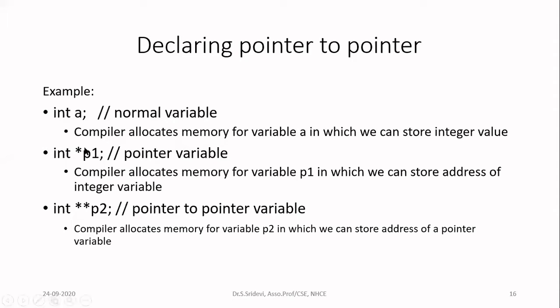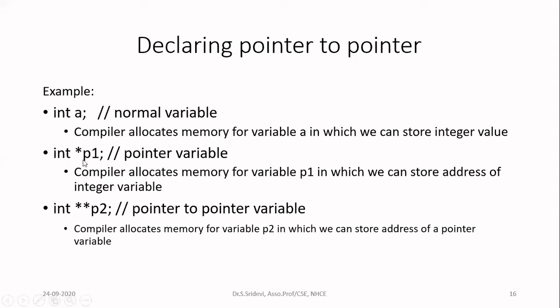Whereas in the next declaration, I am writing the statement int *p1. Now, p1 will be declared as a pointer variable and the compiler allocates memory for this variable p1. So how many memory locations will be allocated? All the pointer variables will occupy the same number of memory locations irrespective of the data type they are pointing to. In the previous class I told you that in my compiler every pointer is going to occupy 8 bytes.